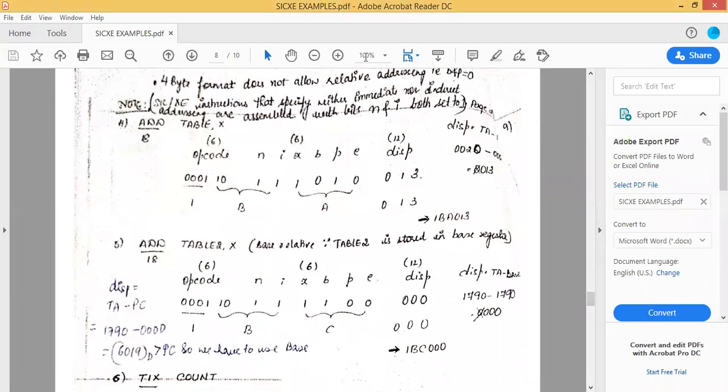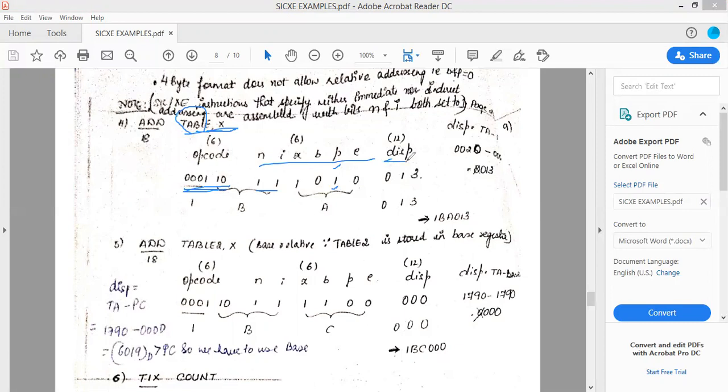Now ADD TABLE comma X. Let me tell you how this works, because you haven't seen an instruction with X. Write down the opcode of ADD, which is 18. Now coming to setting the flags, NIXBP: this is neither immediate nor indirect, so both N and I are set to 1. X is set to 1 here because we have index addressing. Now coming to B and P: table is a memory location, so we have to use relative addressing, and our first choice is always PC. So P is set to 1.